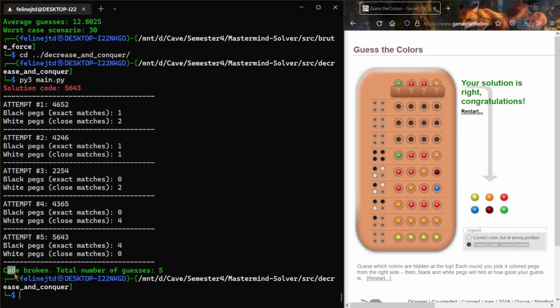Here we see that it takes only 5 guesses to guess the code 5643, which is way better than our first algorithm. This first attempt is just a random number that the algorithm guesses. It's 4652, and then it receives a feedback of 1 black peg and 2 white pegs. And then from this feedback, it will eliminate all candidate solutions from the list of 1296 possible combinations, so that we only have the possible solutions. For example, we will eliminate from our list